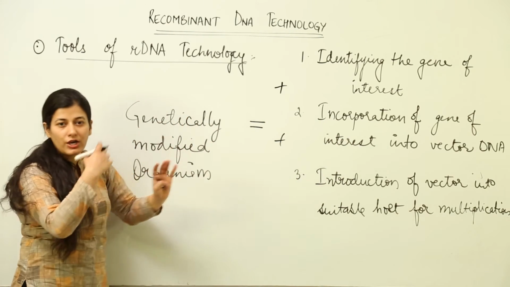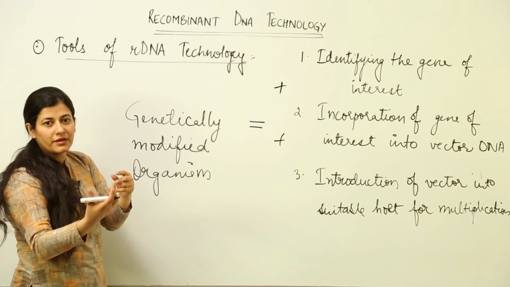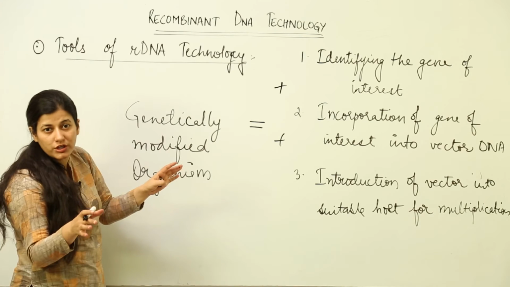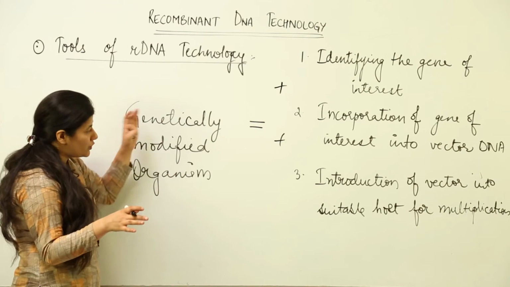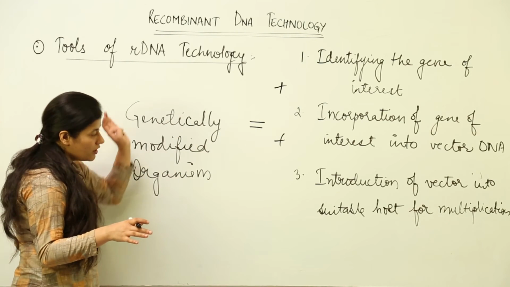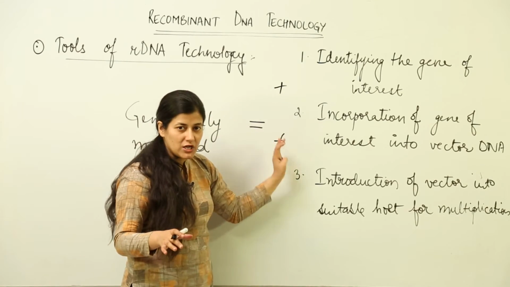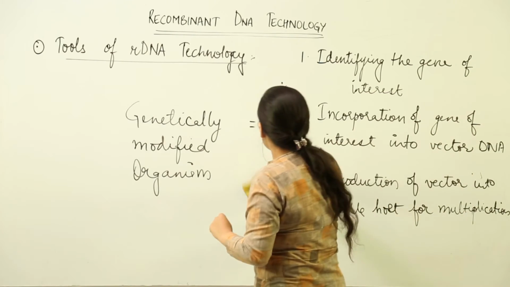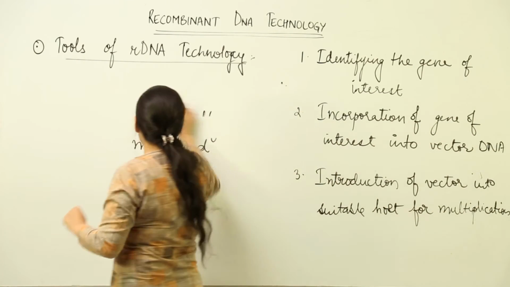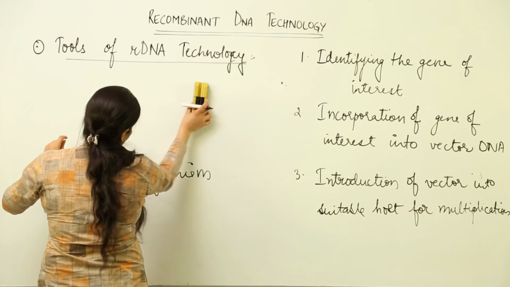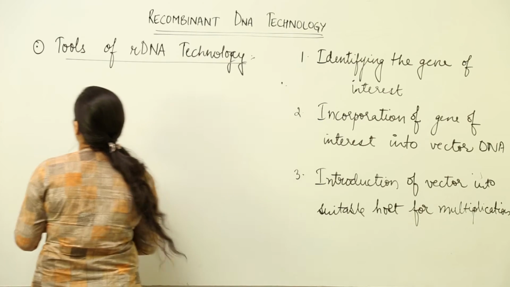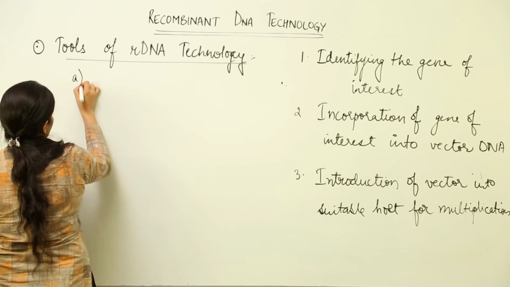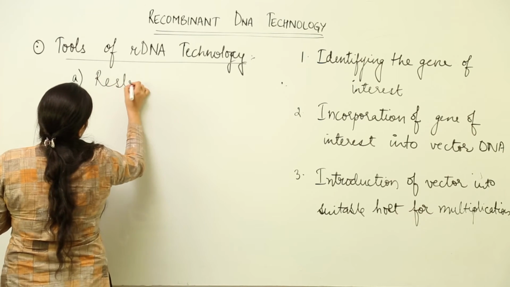So we are having a recombinant DNA. What was recombinant DNA? DNA which has some extra DNA in it, which was not originally the composition of that DNA. So we have the genetically modified organism. For carrying out these 3 steps, we need certain tools, and we are going to see what those tools are. First of all, the gene of interest, when it has been identified, needs to be cut out from there. So we have the first tool, that is